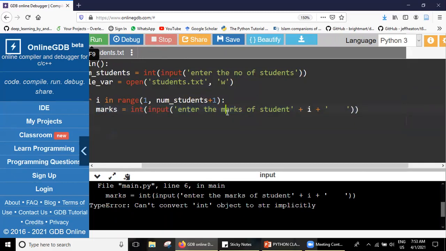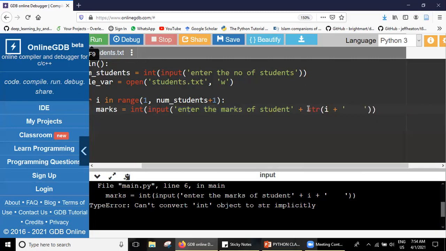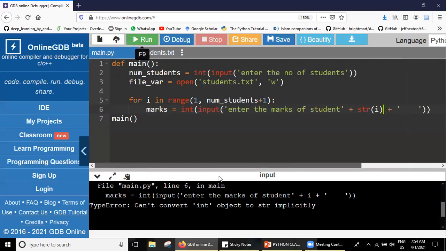As we have seen previously, whenever we are writing something in a print statement or even an input statement, the first thing there would always be a string, right? What is written is a string, but this thing is not a string. This is an integer. So inside this thing, everything has to be an integer, and so we convert this integer into string here. Are you able to get my point?